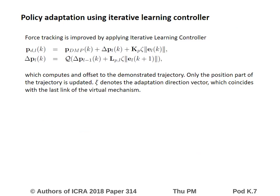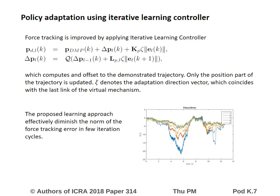For finishing operations, forces exerted against the polishing grinding tool should be precisely tracked. For this purpose, we applied an Iterative Learning Controller, where the adaptation direction coincides with the last link of the virtual mechanism. In most cases, the force tracking error can be effectively reduced in just a few iteration cycles, as shown in